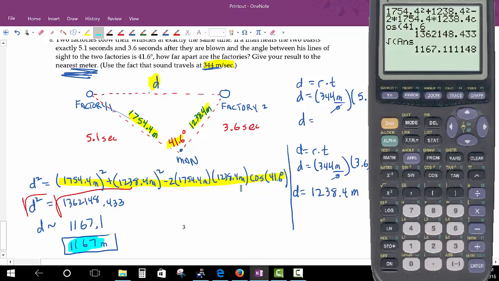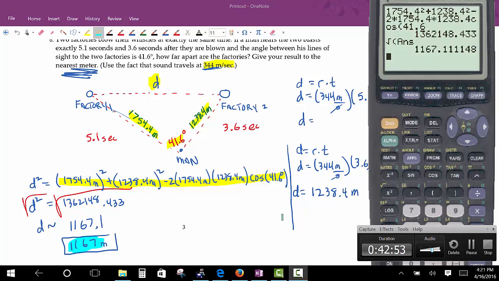Okay, that will be the end of this section. It's a pretty short section. Law of cosines usually goes very well for students. Try to get your formulas memorized, and that'll allow you to do your work a little faster. All right, hope this